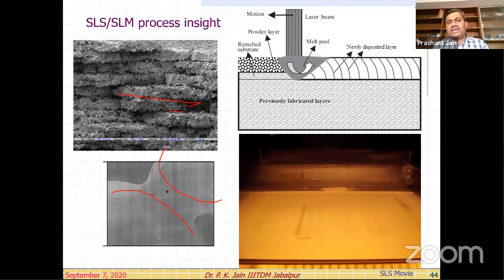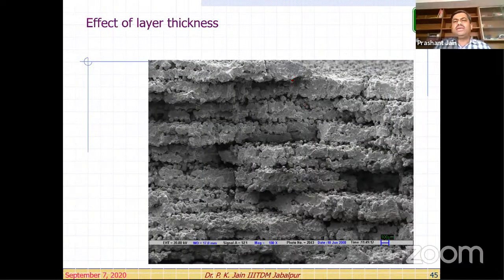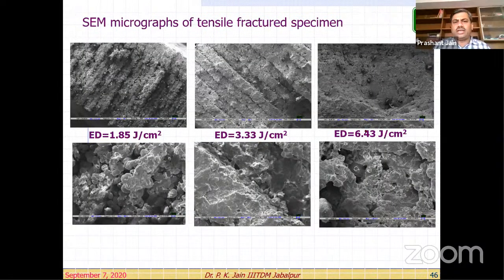Now see the effect of layer thickness. If you keep on changing the layer thickness or the energy density, quite possible, right? Here if you see, this is the variation in the energy density, right? The energy density is 1.85 joule, and here 3.35 and 6.43. So the energy density keeps on increasing. Energy density means the energy we are supplying at a particular location.